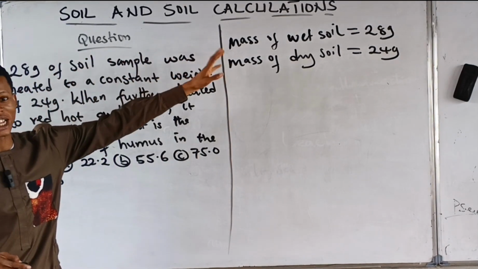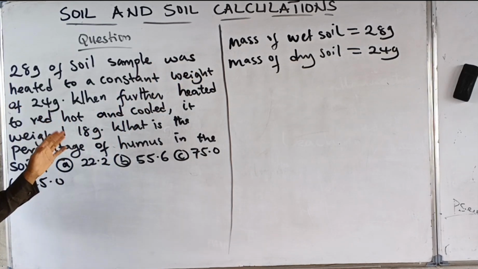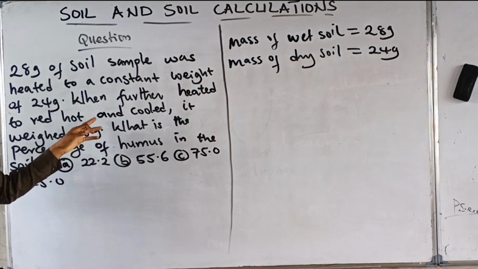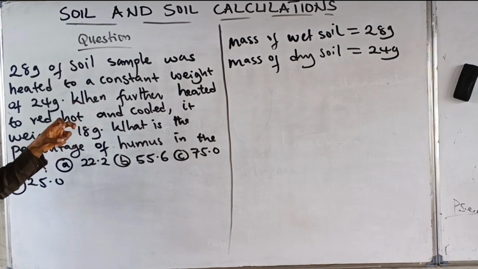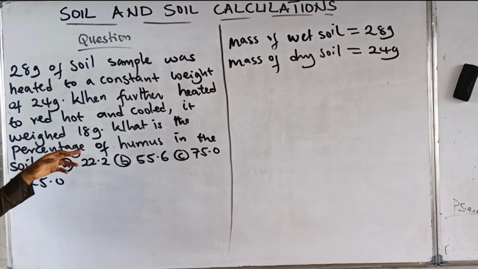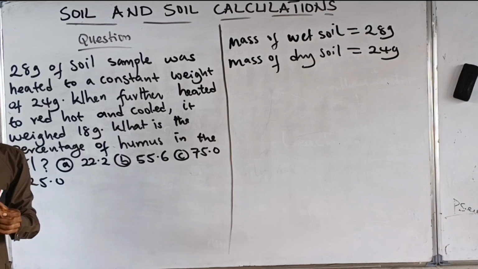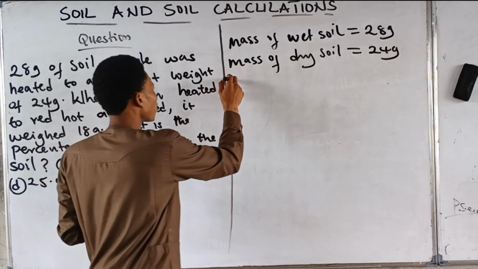Do you know that from here you can get the percentage water? But we are not going there. Let's focus on the equation first. Now, when further heated to red hot and cooled, it weighed 18 grams. With this further heating, what were we removing? Humus, right? So let's say mass of soil